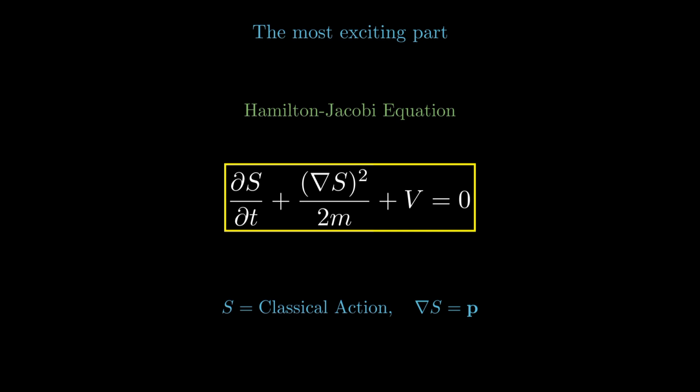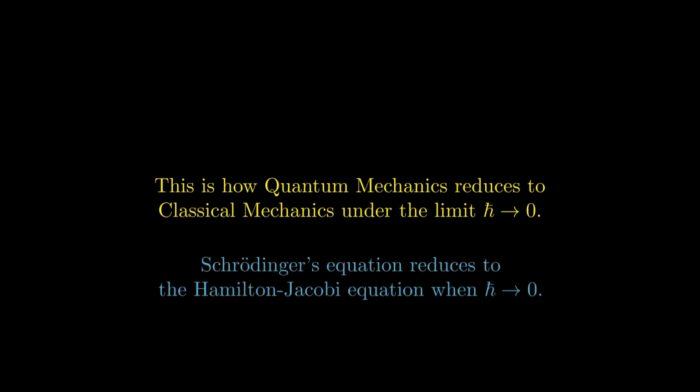So, the universe in which we live is purely quantum mechanical. And classical mechanics, which we use in our day-to-day life, is just a special case when Planck's constant, h bar, is taken to be 0. And Schrödinger's equation, which we use in quantum mechanics, is just the Hamilton-Jacobi equation where Planck's constant is